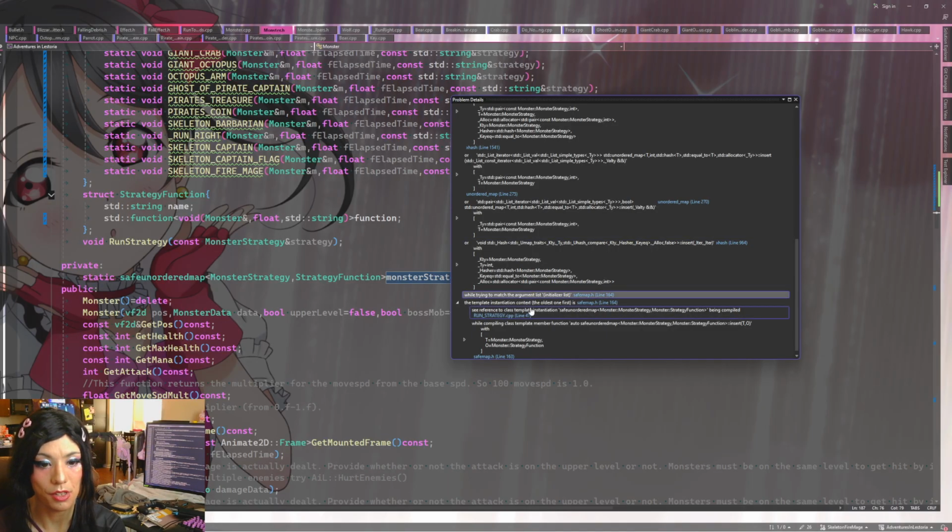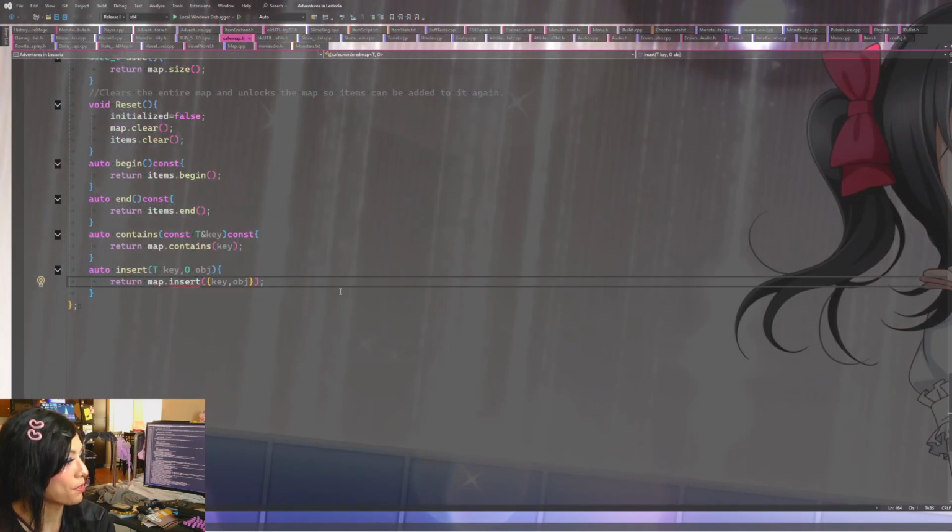Trying to match the initializer list of safe map .h line 164. That would be this right here. Oh, this is the... Didn't I change that? I think I deleted it by accident. Yeah, I can try it again. It should be